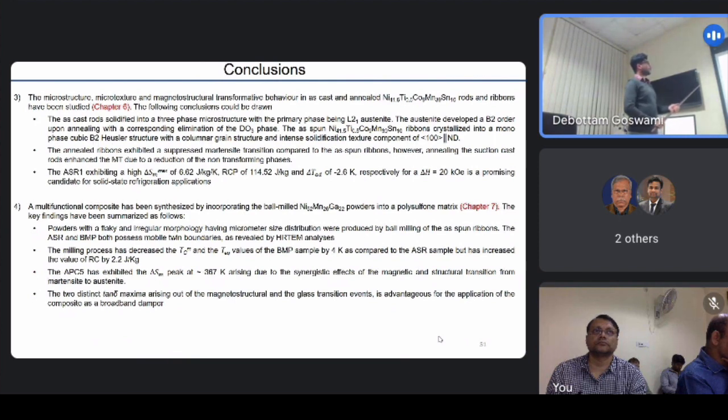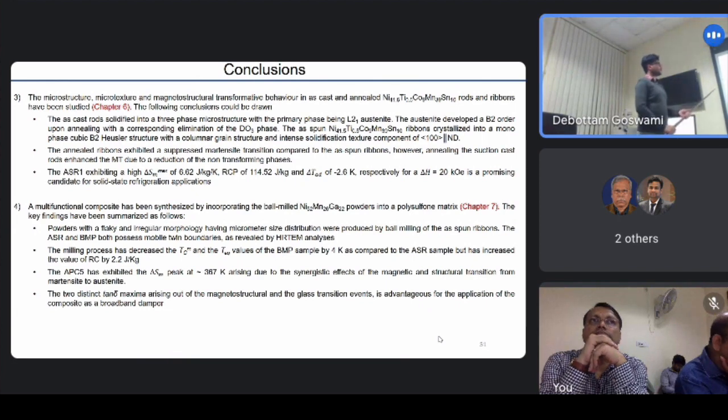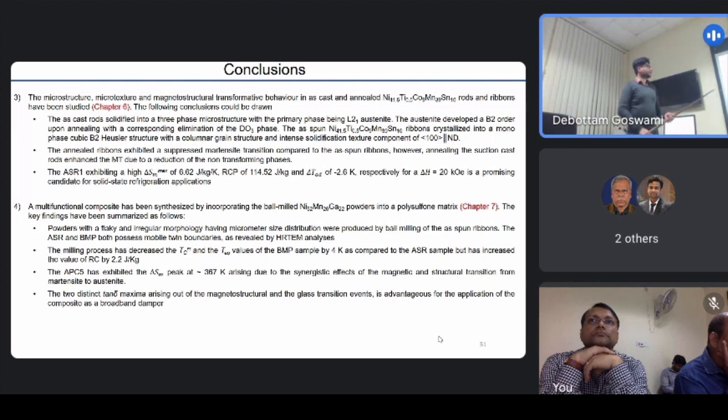the multi-element Heusler alloys. We see that similar to the case of nickel manganese tin, suction casting here also generates a three-phase structure, whereas melt spinning generates a monophase structure, which is very beneficial for magnetocaloric applications. These monophase ribbons had a strong, intense solidification texture component of 100 parallel to ND. However, annealing the ribbons generated some stained glass clusters, which suppressed the martensitic transformation in the sample,